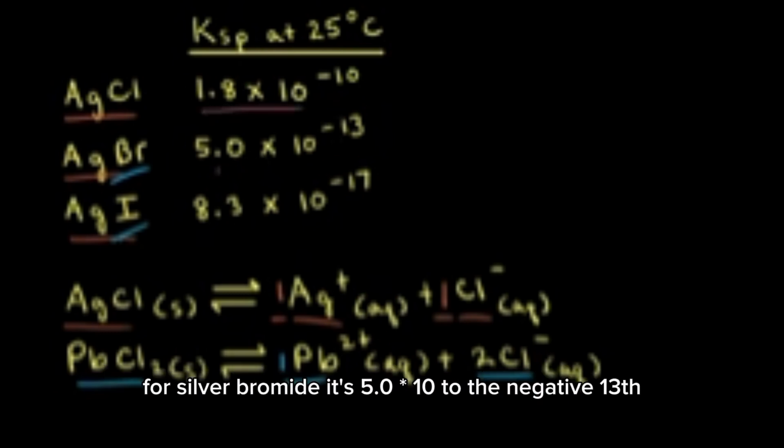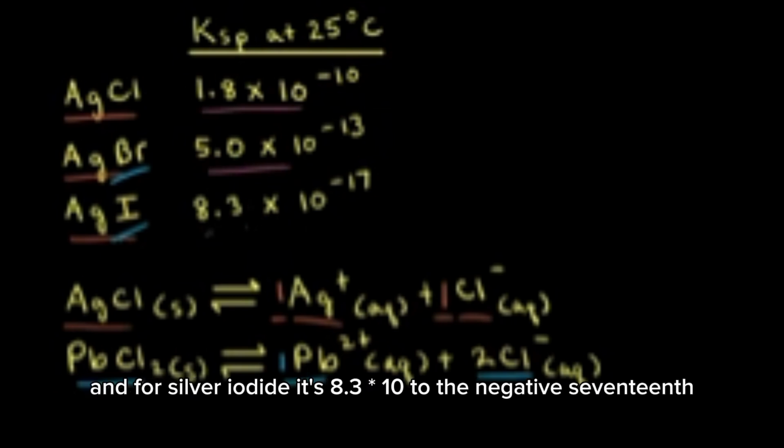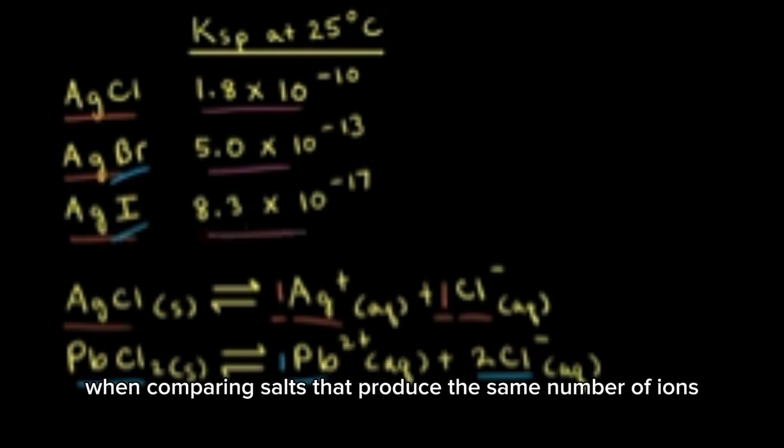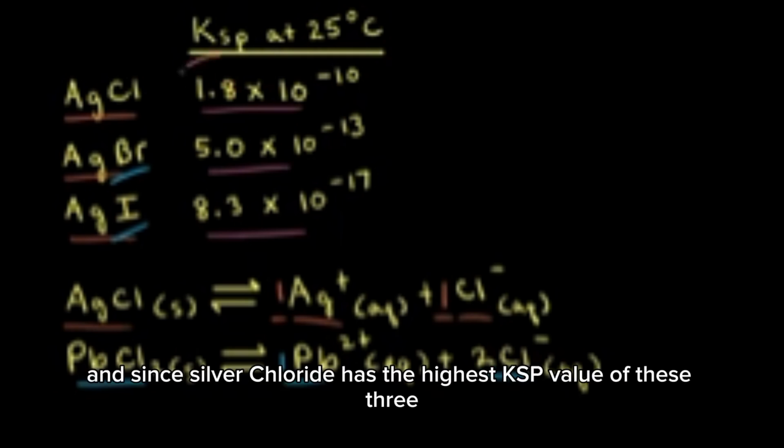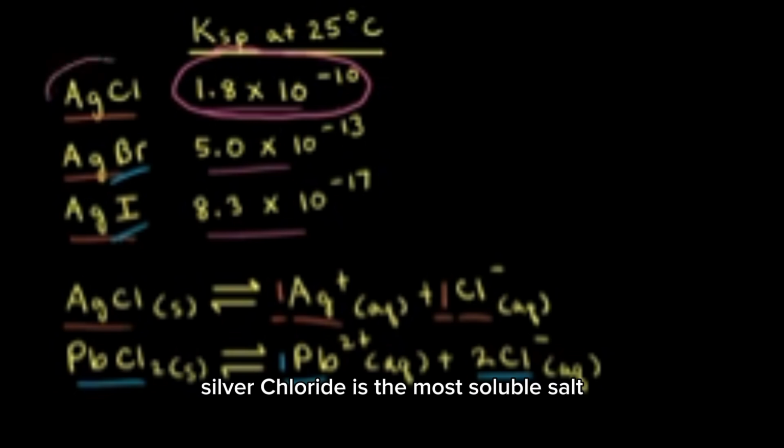For silver bromide, it's 5.0 times 10 to the negative 13th. And for silver iodide, it's 8.3 times 10 to the negative 17th. When comparing salts that produce the same number of ions, the higher the value of KSP, the higher the solubility of the salt. And since silver chloride has the highest KSP value of these 3, silver chloride is the most